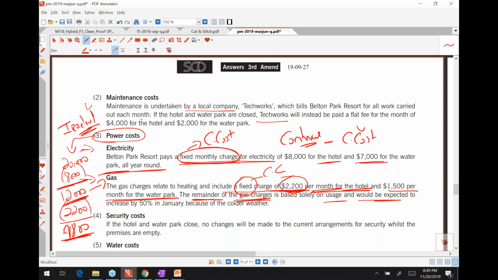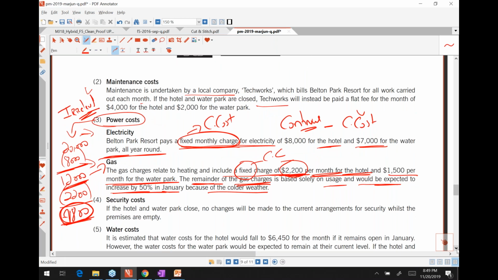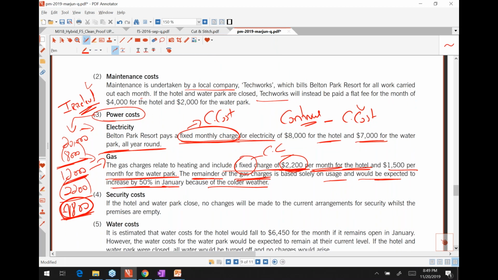Would be expected to increase by 50% in January because of cold weather. So this remainder depends on the usage, and this needs to be increased because of the cold weather in January, because you will be using more gas. So I need to increase this by 50%. We'll multiply this with 1.5 to incorporate the 50% impact, and that